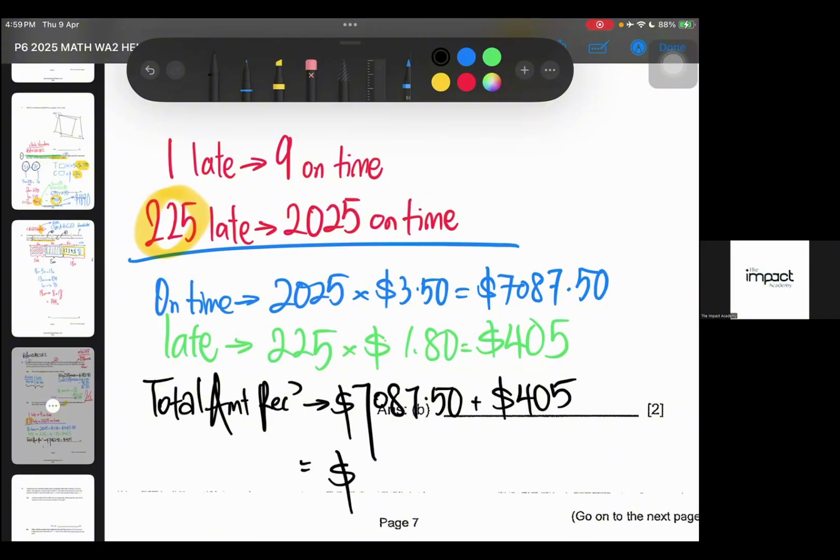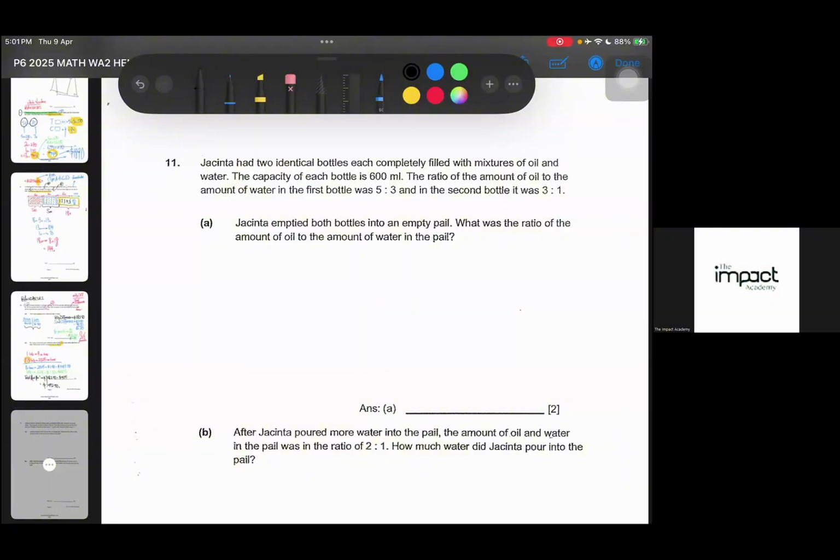And that's the reason why your answer for this question has to be $7,419.50. Okay, now for question number 11, it says Jacinta had 2 identical